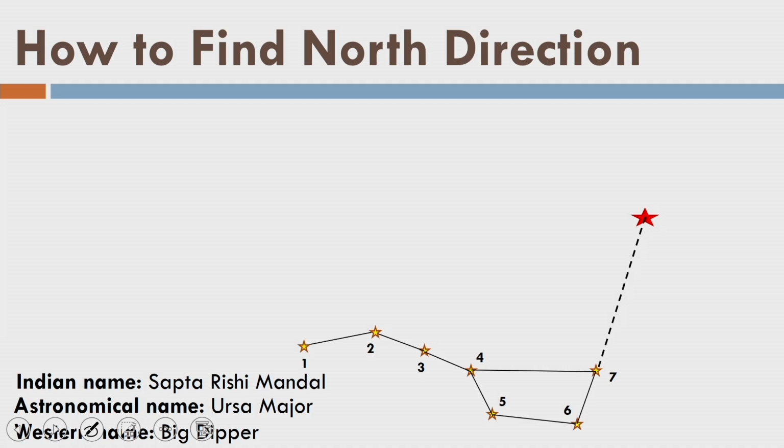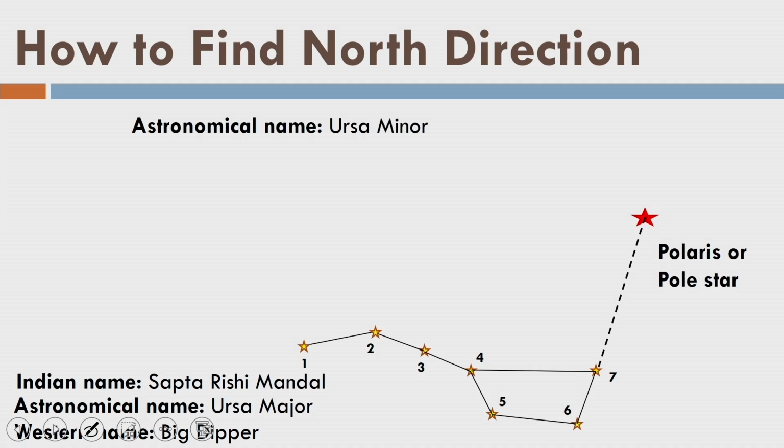Okay. What about the pole star? How can you further confirm the pole star location? The pole star itself is a member of a constellation called Ursa Minor, which is just an inverted form of Ursa Major, like this. So it is another kind of spoon, having a bowl and a handle. The pole star is one of the members of this Ursa Minor. So now you can confirm this star constellation in the sky, and you can confirm where the pole star is. And remember, the pole star is exactly above the north pole of the earth.